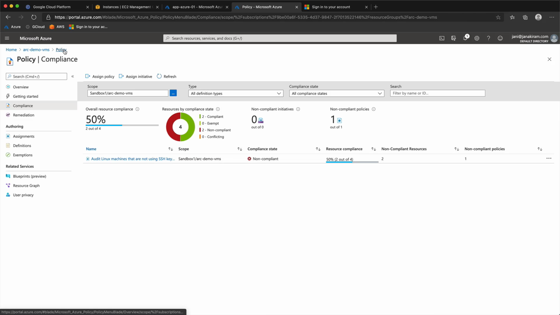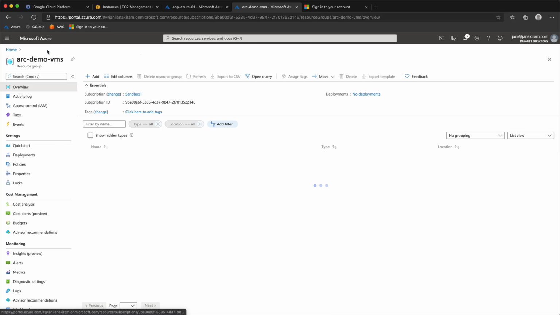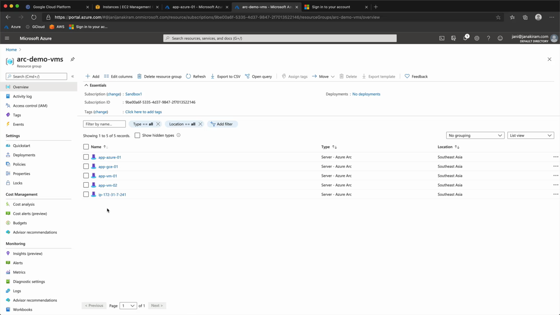Now, this is an extremely powerful mechanism to not only onboard VMs and servers, but also the ability to perform audits and even remediate those that are non-compliant. So it is a very powerful way to manage your infrastructure running across cloud, hybrid, and multi-cloud environments.